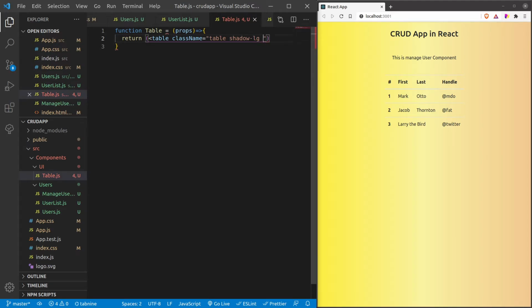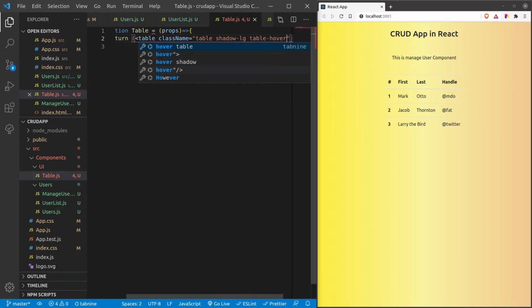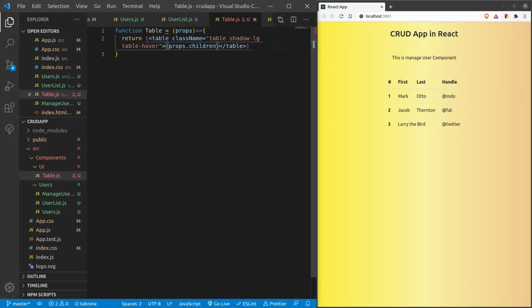I want to give shadow also, and then table hover. So hovering on the table should show the selection for that particular row. And here I will write props.children. All right, so this table is ready, and now let me export default table.